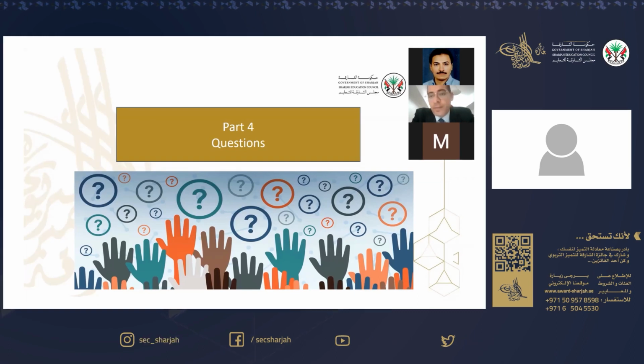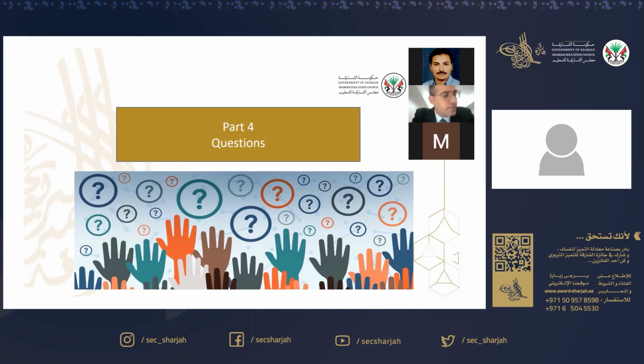Someone is asking about the download files, but I don't know which files he means. Maybe he's talking about the nomination form and the explanatory guide. My advice is please visit the Sharjah Award website and download both documents from the website.